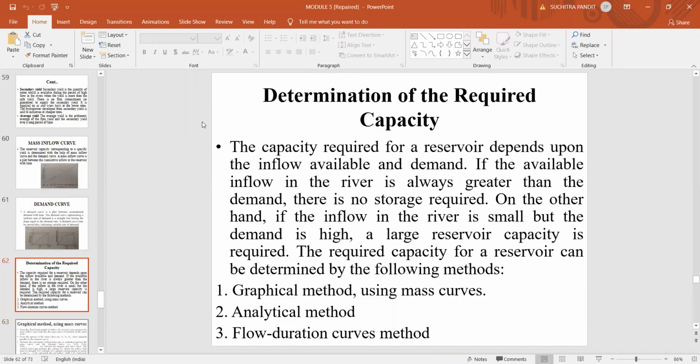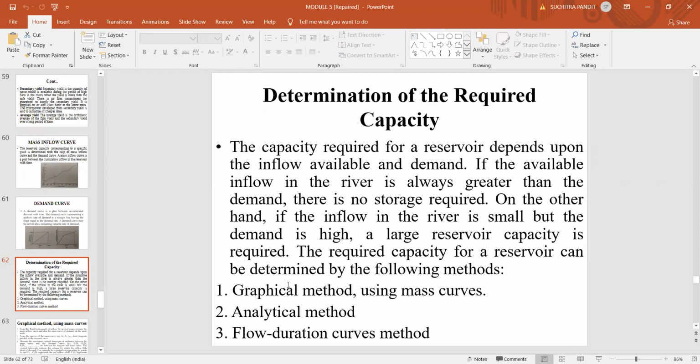Now, we can determine the required capacity of the reservoir based on the demand. The capacity of a reservoir required depends upon the inflow available and demand. So whatever the inflow into the river and the outflow from the reservoir, that is the demand on the downstream side. If the available inflow in the river is always greater than the demand, there is no storage required. So it is obvious, because if the demand is less and the supply is more, then the storage of water is not required. On the other hand, if the inflow in the river is small, but the demand is high,